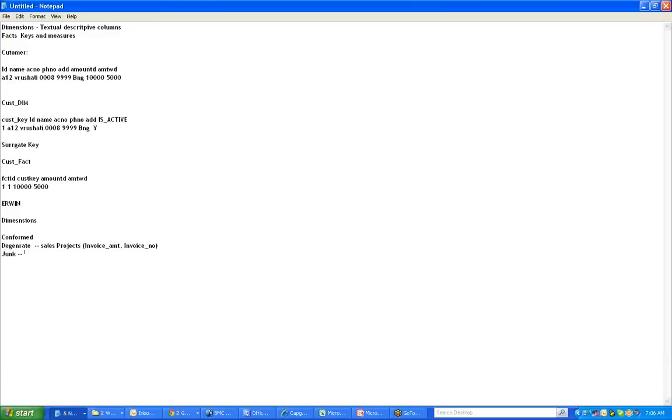These are the three types of dimensions we have. There is one more type that we'll discuss later, called slowly changing dimensions. These are something which says how you load the data into a dimension table, and what kind of data you are loading into the dimension table. As I said, it will be like historical data, current data, or partial history.